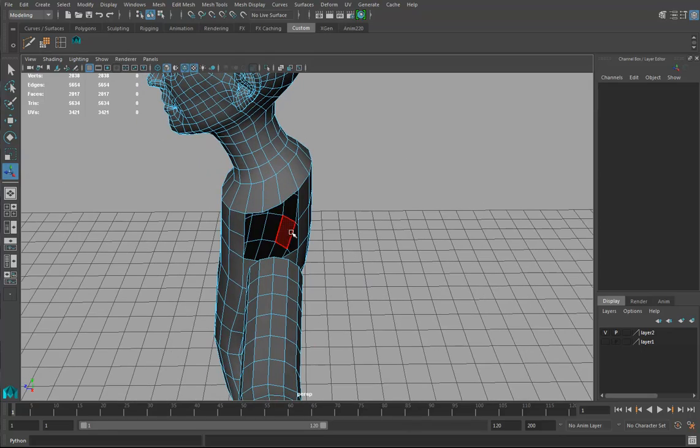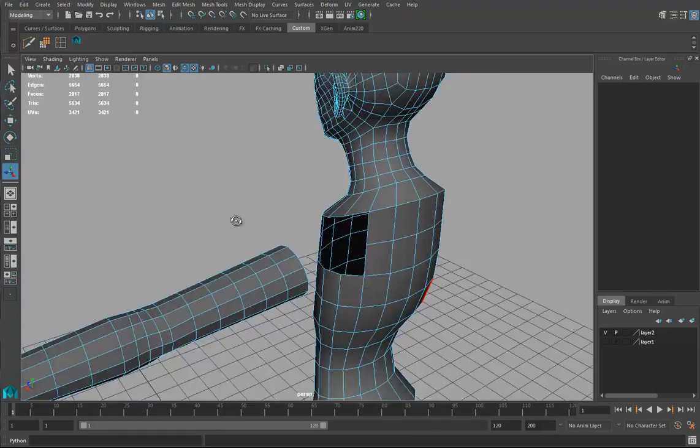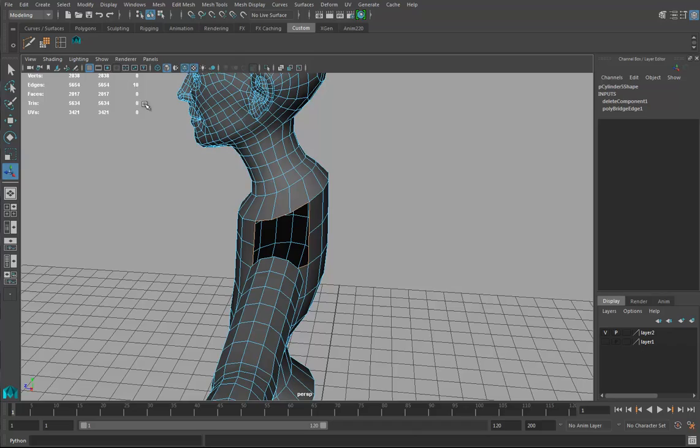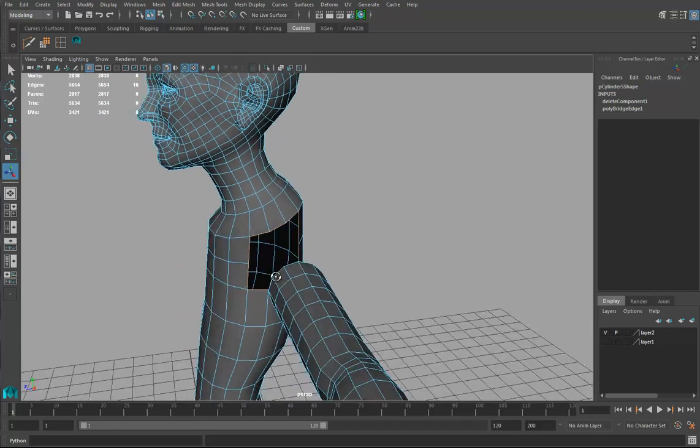So if I delete that, that's where my arm's gonna fit in. Let's just double check, what do we got for edges on that little hole right there? 10. So,